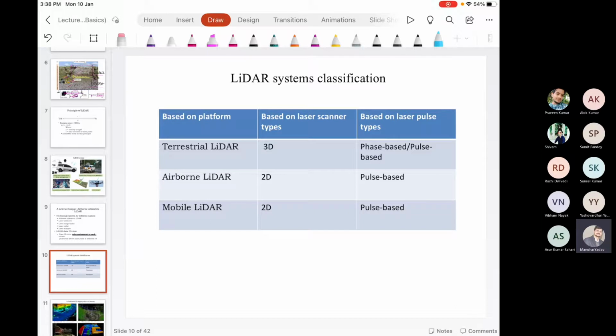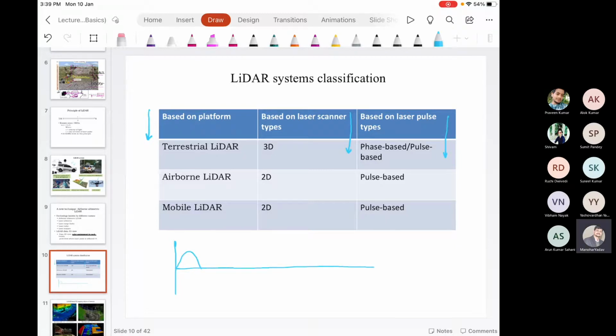The first one, if you see, is classification on the basis of platform, while we can also do the classification on the basis of the basic unit, that is the laser scanner. That basic unit's operation is in 2D or 3D, and the type of laser beam that we use. So for the type of laser beam, as I discussed before, we have pulse laser and continuous wave laser. So pulse laser,